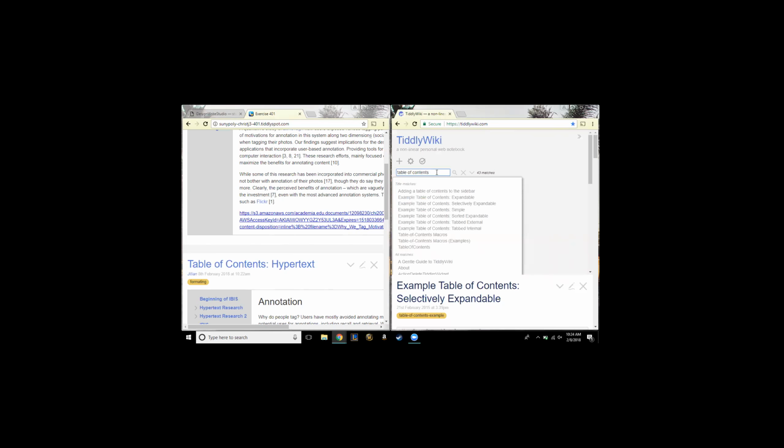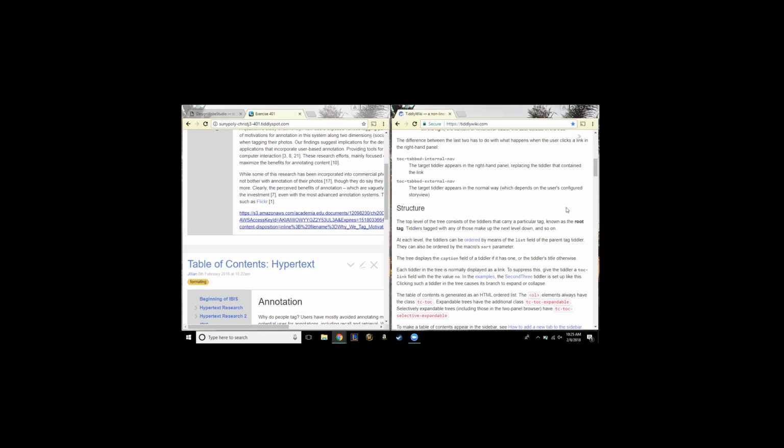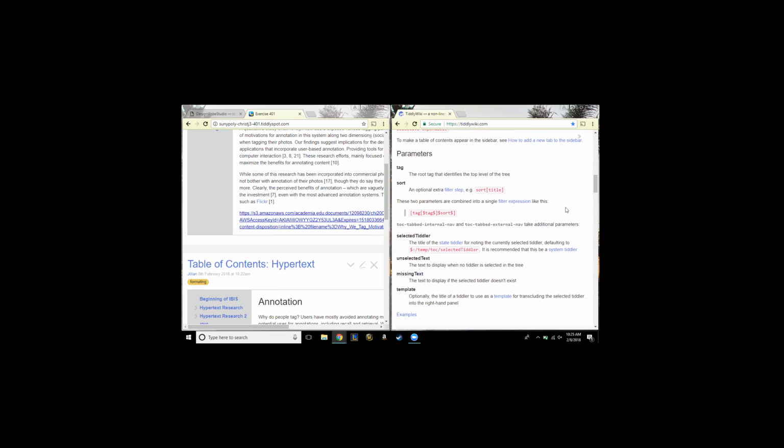Did we successfully crash it? Did everybody get clear? Okay. So, table of contents macros. Right here? Yeah. Scroll down and see if there's a parameter called selected, sort, selected on the left.